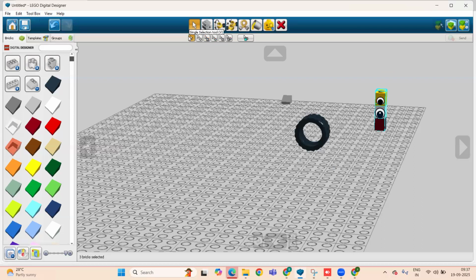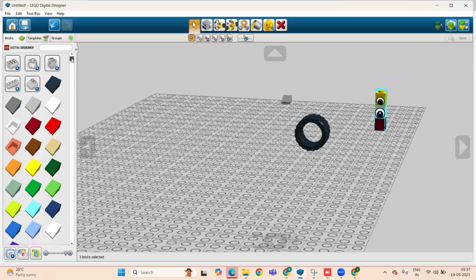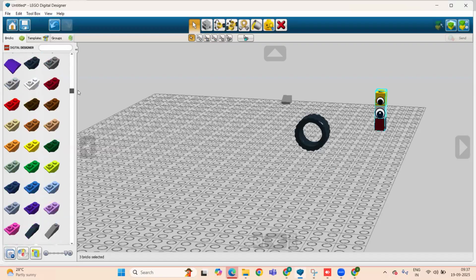I'm going to select the single selection tool, because if I want to create something, I need to go to the single selection or select tool, right? Like I'm taking this one and this one. Okay, how can we rotate this? You need to click the shift button. Okay, you can use the arrow keys from the keyboard to rotate in any direction, like this.